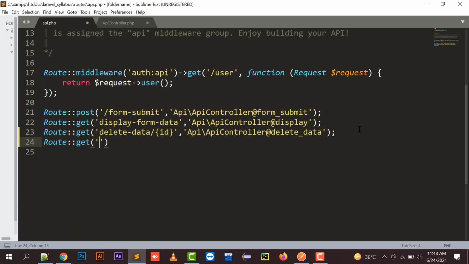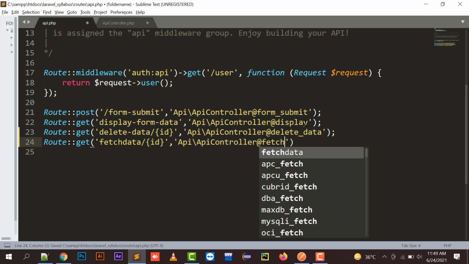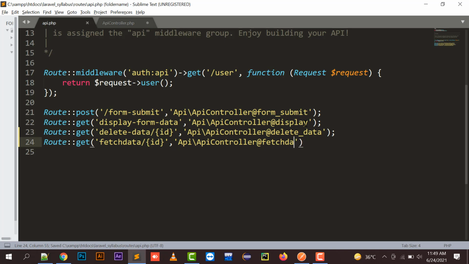I'm going to create a URL, fetch data URL. I need to pass an ID over here. So ID is a variable that is being passed, and it is going to take me to a particular function. That particular function I'm going to specify over here. So fetchdata is a function that this URL is taking me to. Whenever the user types fetchdata along with an ID, it is going to take me to the